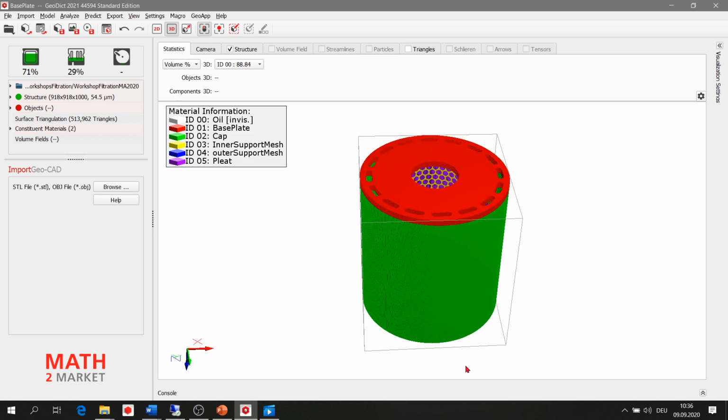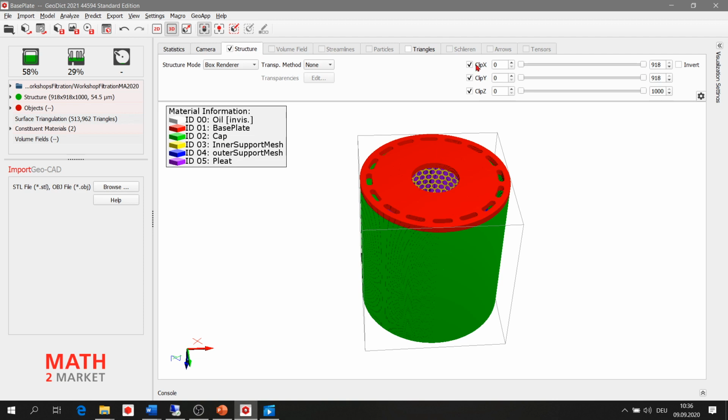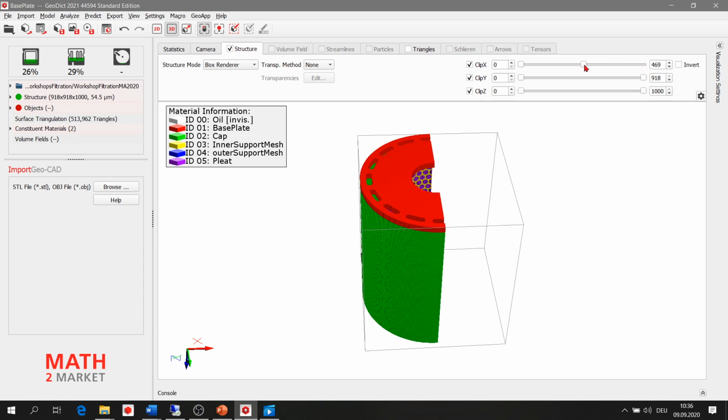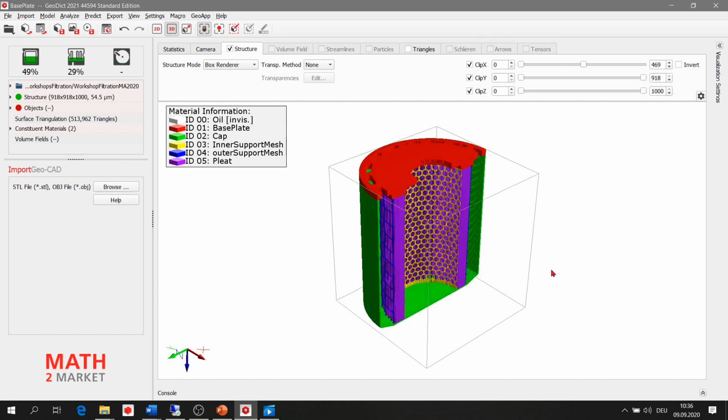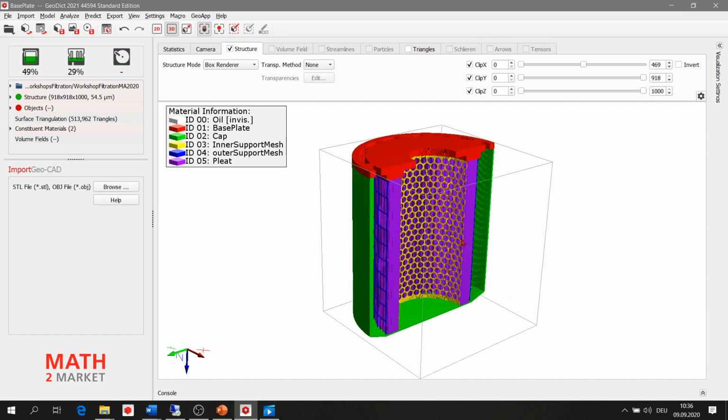So here we can see the different parts with different colors, different material IDs from 0 to 5. Under structure tab, and then clip X, you can also visualize only a part of your filter to see everything more clear.